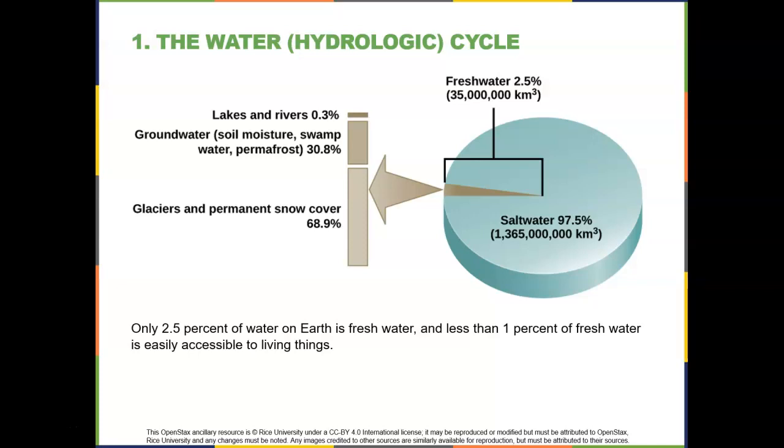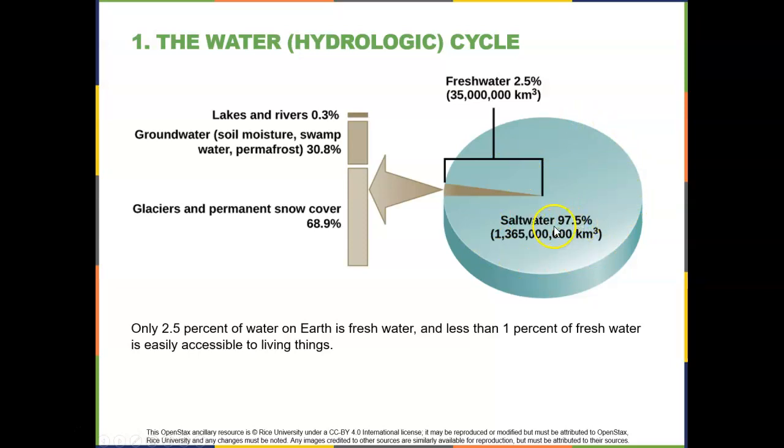So we find that water can be found near the surface as liquid water, or sometimes solid as snow. And when it is found in the atmosphere, it's found as a gas, as water vapor. So there's a cycling back and forth between the atmosphere and the water component near the surface. When we look at the water that we do find on the Earth's surface, we see in this pie graph here, the majority shown in blue,